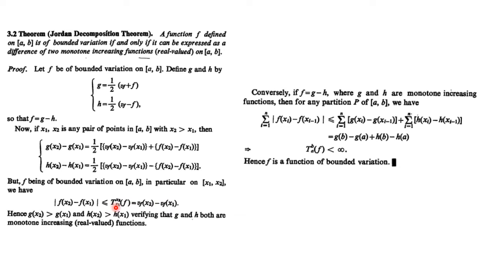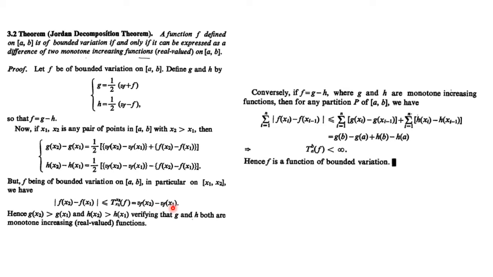You can split this total variation into two parts, x1 to x and then x to x2. And then you can write x1 to x as minus x to x1. So that will become your variation function at x2 minus the variation function at x1. So from here what we get, whenever our function is of bounded variation on the interval, this variation is less than or equal to Vf at x2 minus Vf at x1.